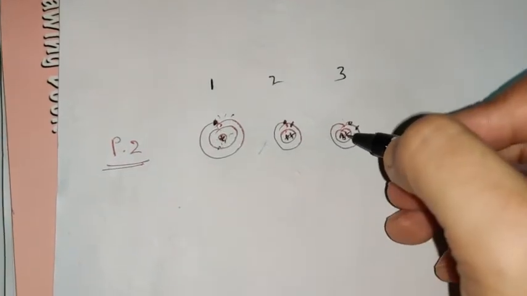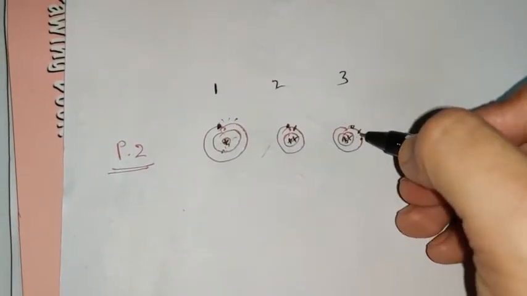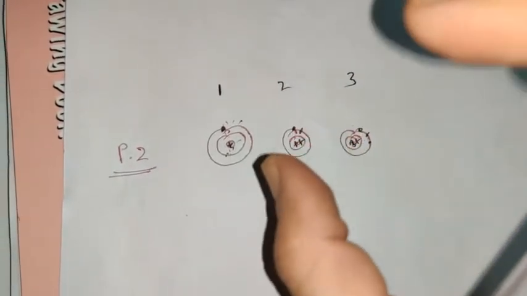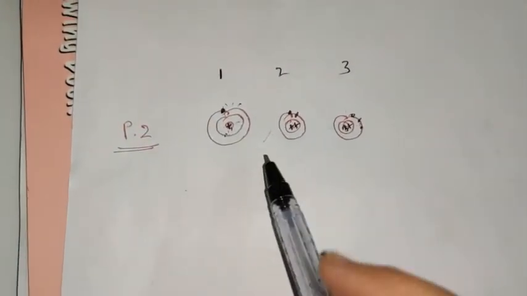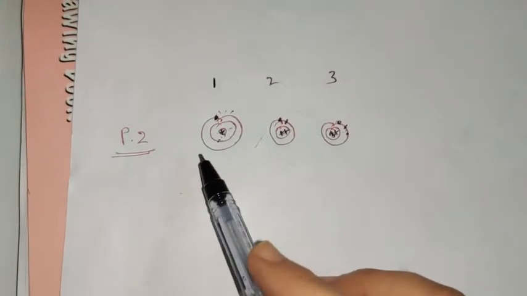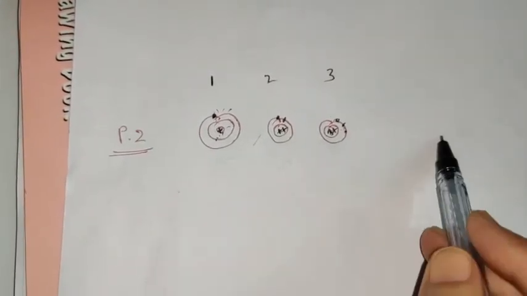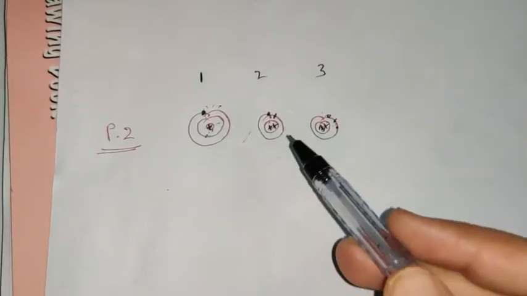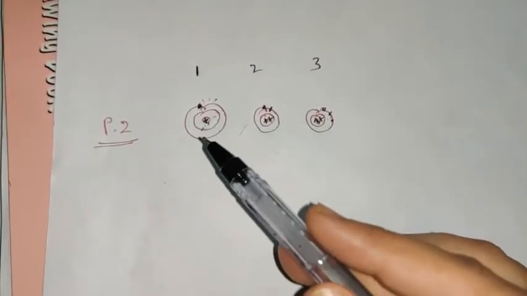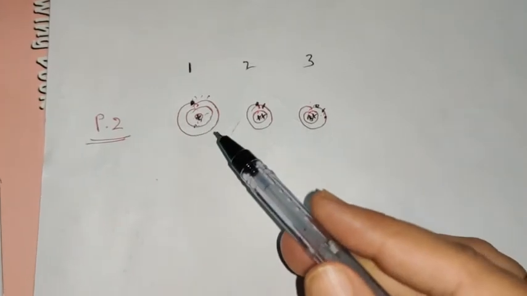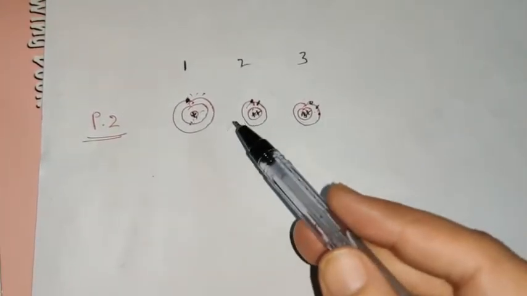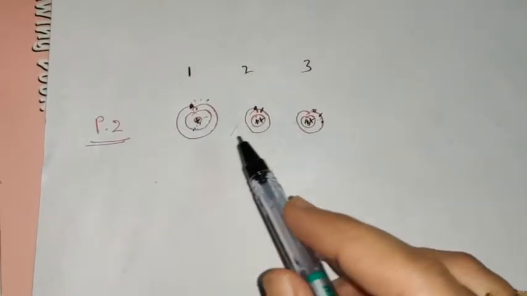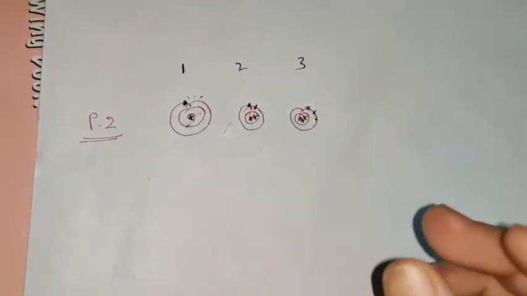Similarly, in this case, it will have 3 positive and 3 negative. Again, the force of attraction will increase, so the atomic radii will compress. So when you move across this left to right in period 2 or in any period, you will observe that the force of attraction between the electron and the proton will go on increasing because their magnitude is increasing with each successive group, thereby decreasing the magnitude of the atomic radii.